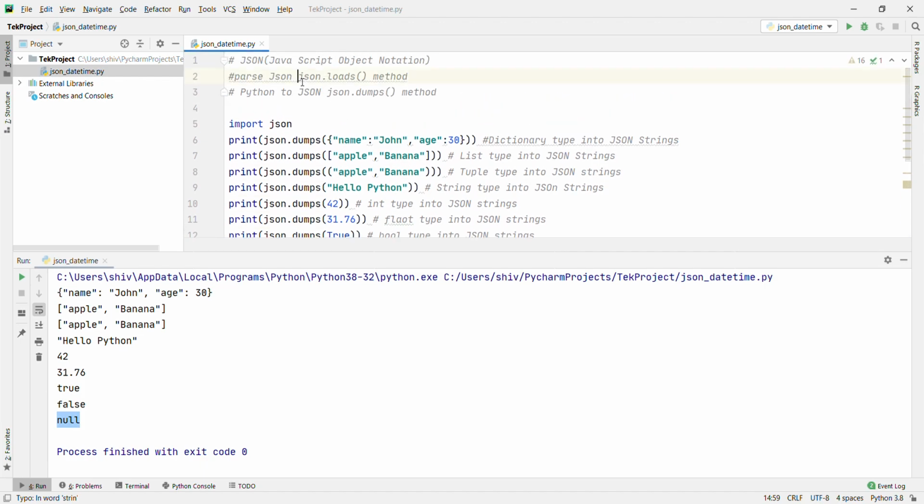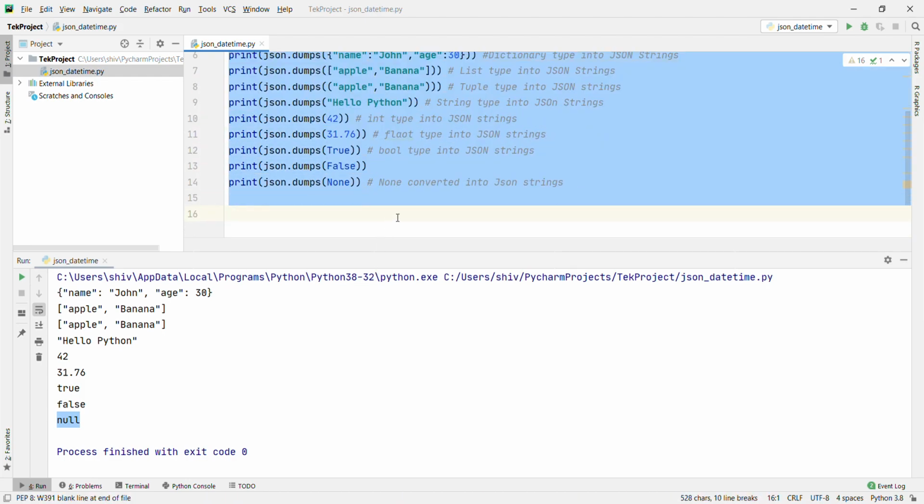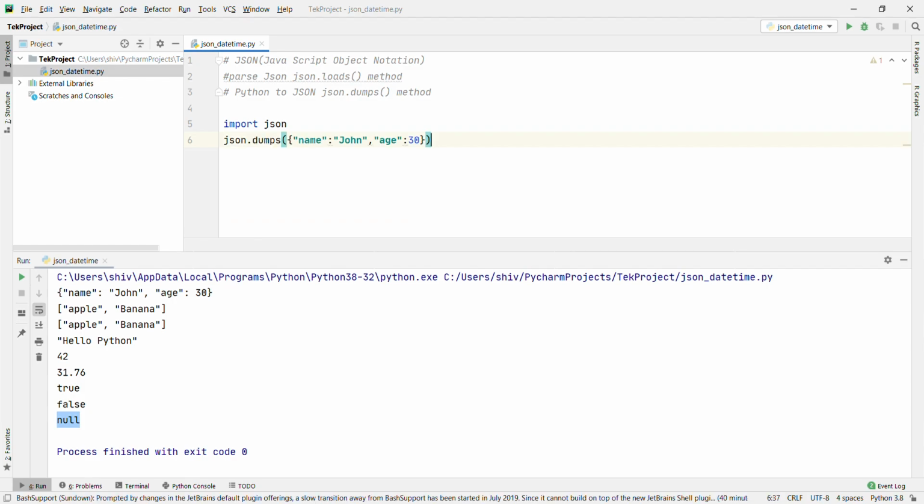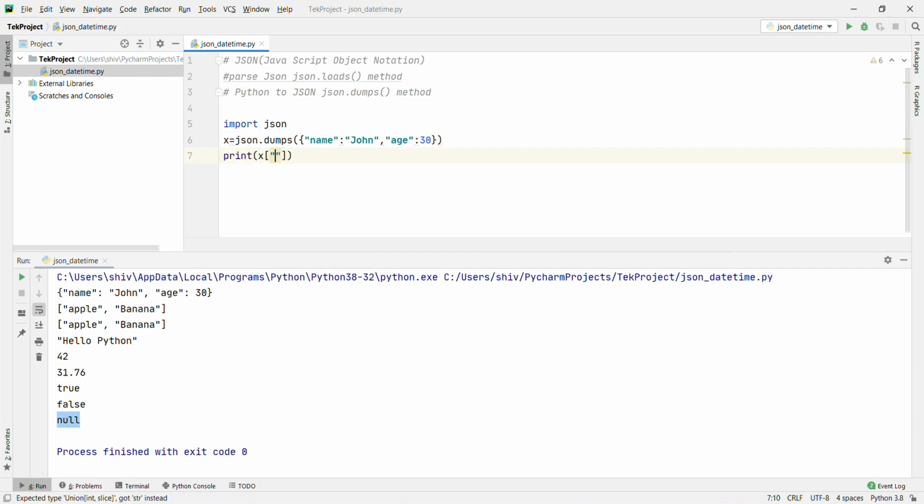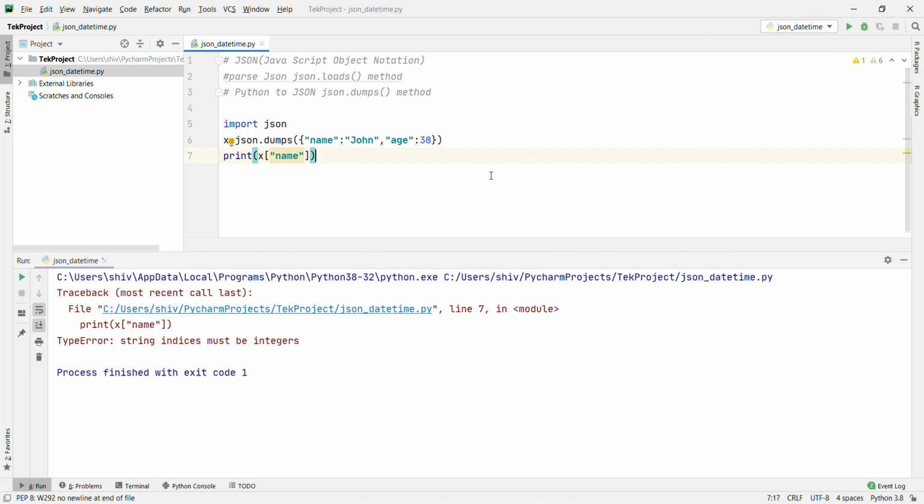Now see json.loads. When you convert into a JSON string and want to get access, let me show you one simple example. Let's copy this one. This is a dictionary, right? Remove. This is converted to JSON, this x. And if you print x of name and run it, see what it says: string indices must be integers, right?